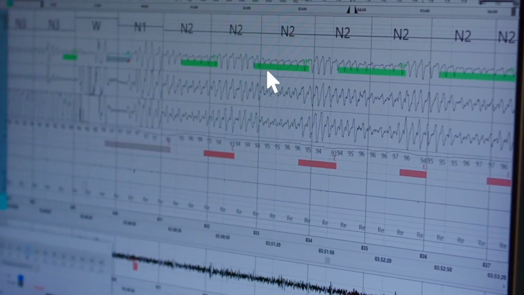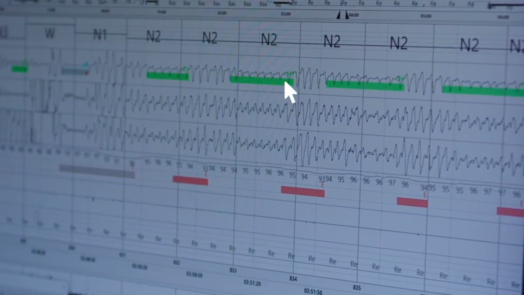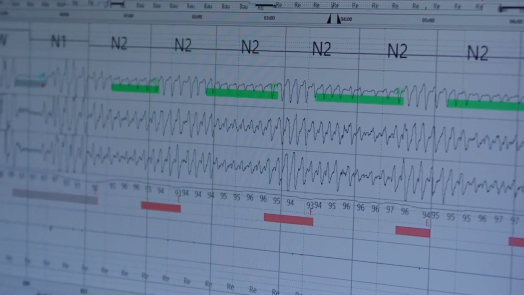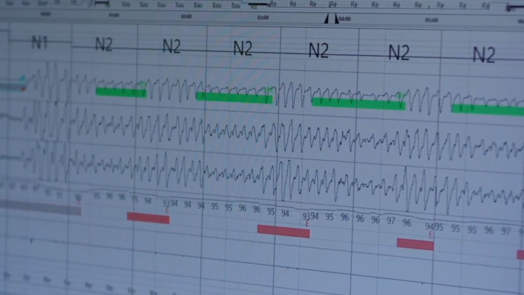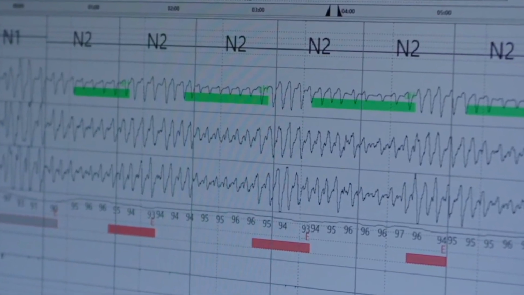And how is that defined then? Yes, it's a 30% reduction from the typical normal breathing curve, followed either by a drop in oxygen or a so-called arousal reaction, an arousal. And whether it's an apnea or a hypopnea, the consequences are actually the same. Because of this desaturation and this arousal reaction, the sleep is fragmented just the same as if it were an apnea. Of course, the strain on the body is perhaps a little less with a hypopnea,